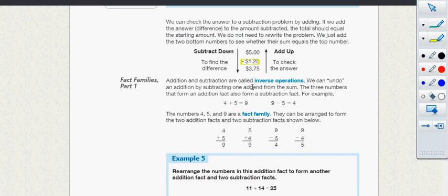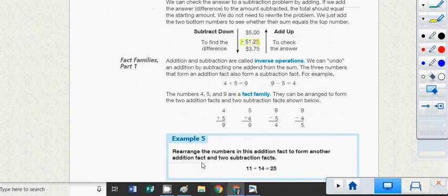Now, fact families. Couple things to think about: inverse operations, where we can undo an addition by subtracting one addend from the sum. The three numbers that form an addition fact also form a subtraction fact. For example, 4 plus 5 is 9. You can say 9 minus 5 is 4. The numbers 4, 5, and 9 are a fact family,